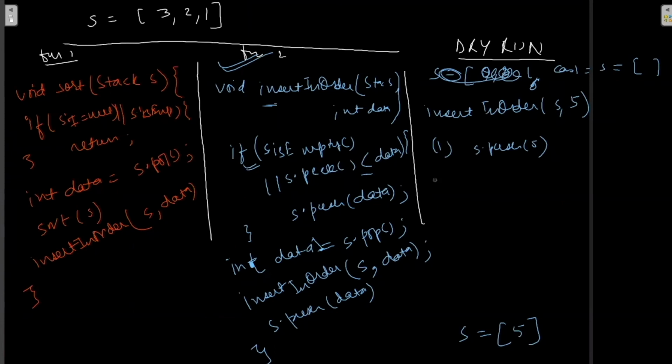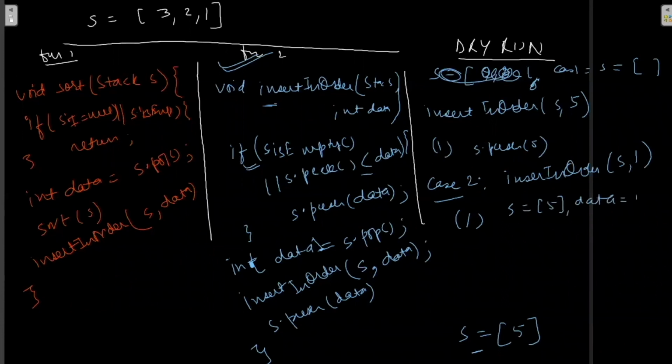Now, suppose the case 2, let's try to take the case 2. In that case, I'm trying to insert again, insert in order, say 1 in this case. So what happens is that now the stack is not empty, it is already having the 5 element in it, right? So this if block will not get satisfied, so first time when it goes inside, the value of the stack is 5 and data is 1, so the if condition doesn't get satisfied and data 1 value comes out to be